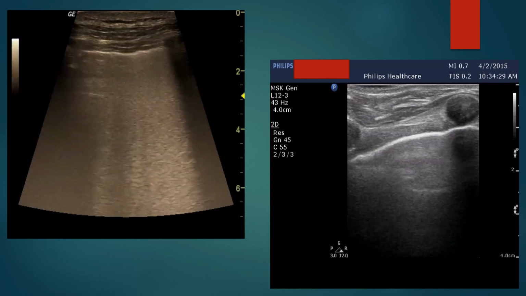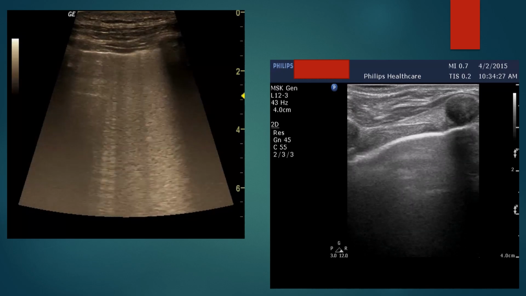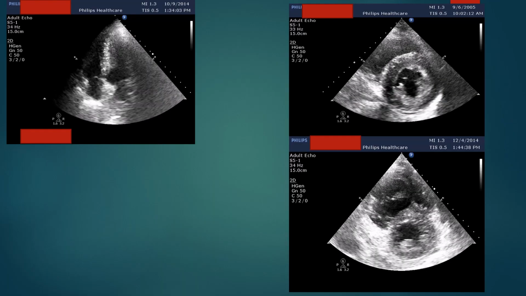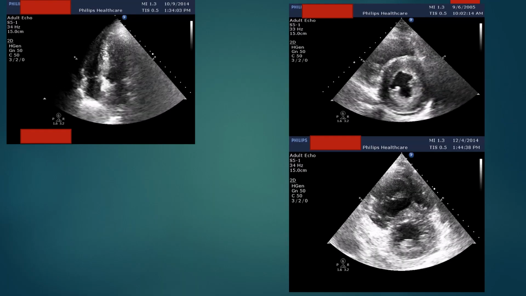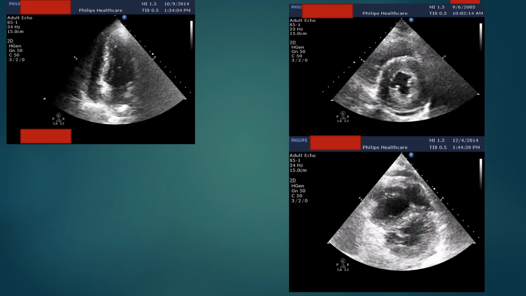This was found by much evidence to be deleterious, to give IV fluid to anybody who appears by echo to be full or volume